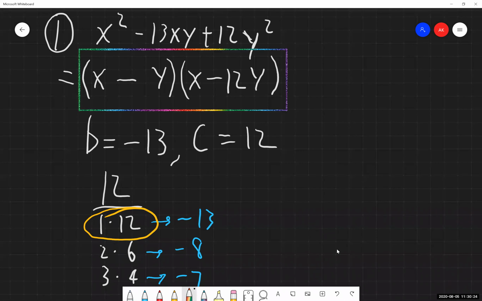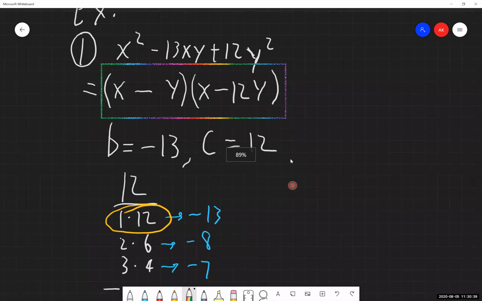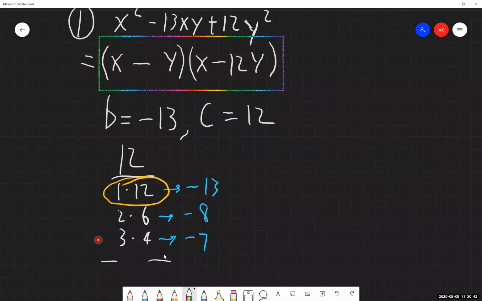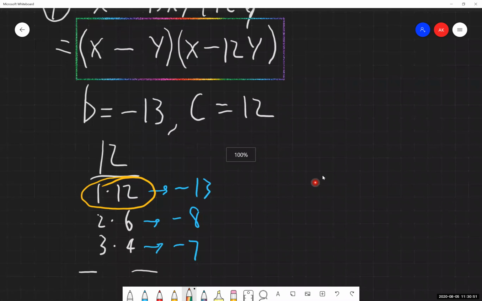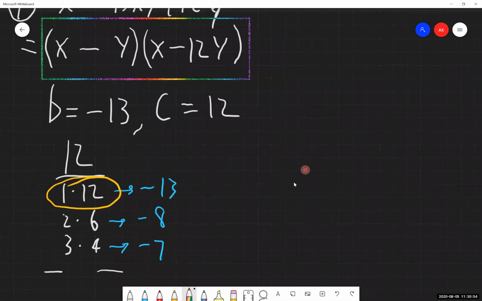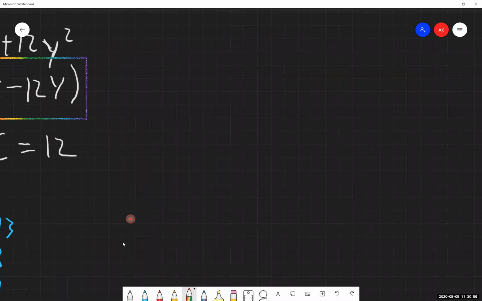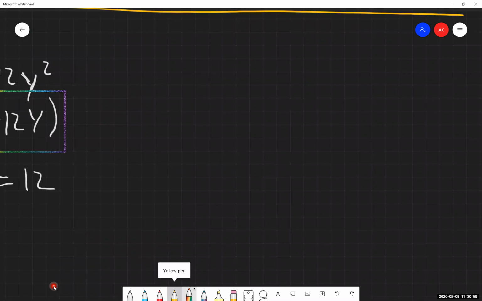So again, not much is changing in our process, if anything, really. The only difference is we're going to have another variable in our final answer. But as we're seeing, that extra variable did not affect anything in our process with finding the B and C values, with doing the sign analysis, any of it, which is nice. At least I think so. It's one less extra process to keep track of. Let's take a look at another one.